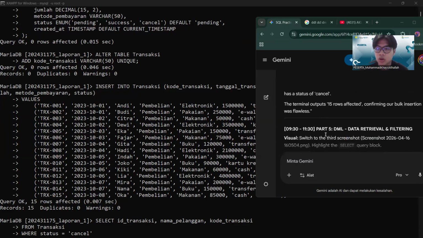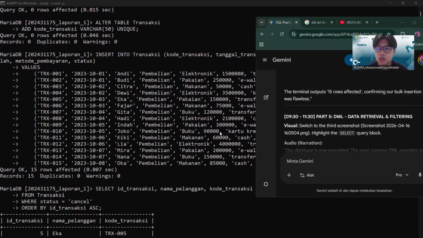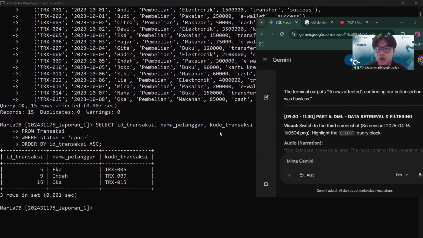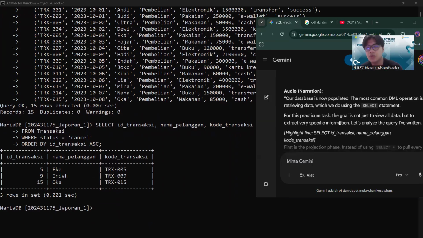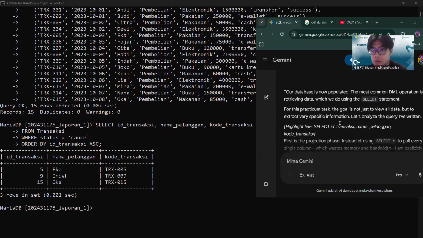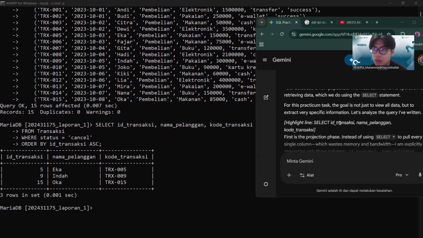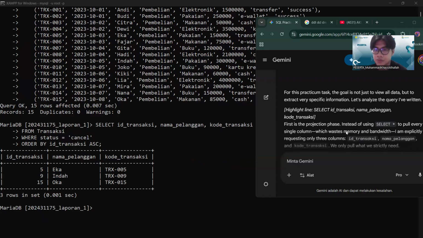So now we can see the select query block. Our database is now populated. The most common DML operation is retrieving data, which we do using the select statement. For this practicum task, the goal is not just to fill in all the data, but to extract very specific information. Let's analyze the query I've written.